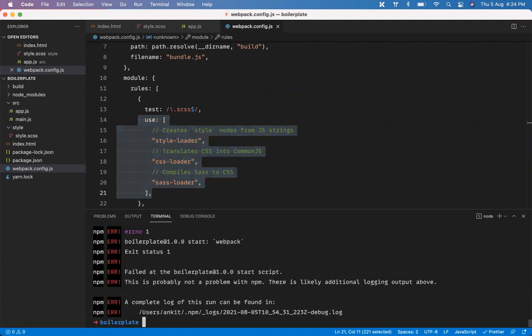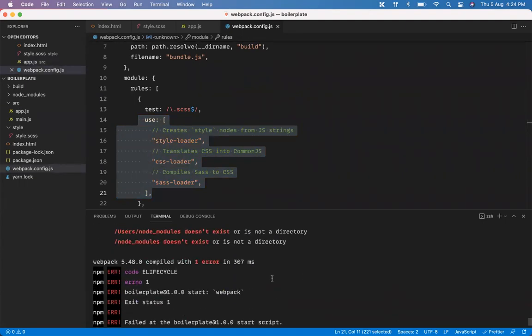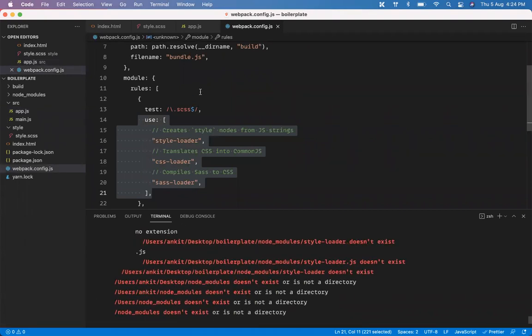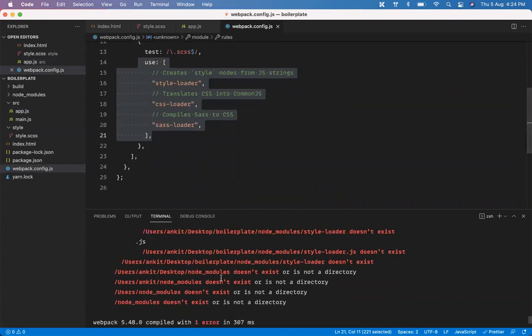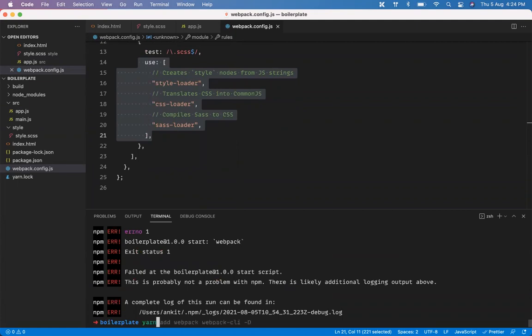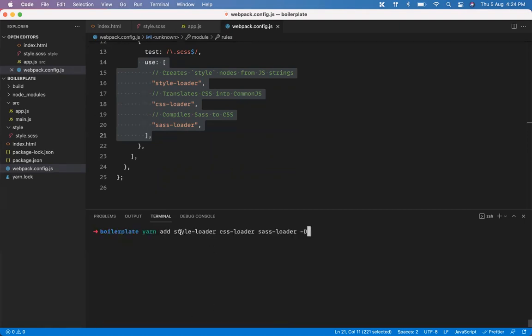I'm going to say npm run start. It is throwing some error and it is saying these modules are not defined. You just defined it here, but these modules are not present right now. So I'm just going to say yarn add style-loader, CSS-loader, and Sass-loader, and we'll add a -D because it is a dev dependency.